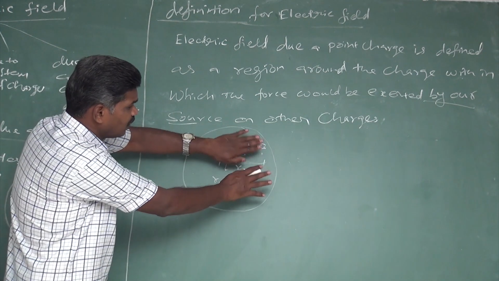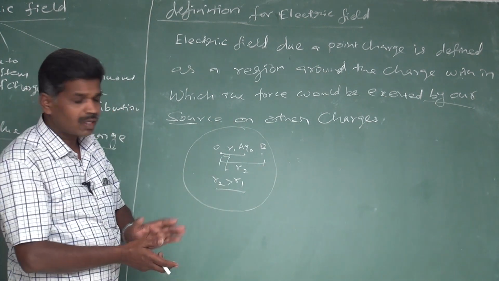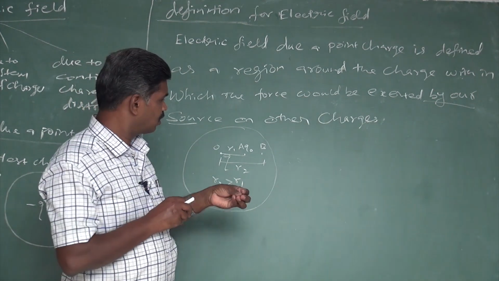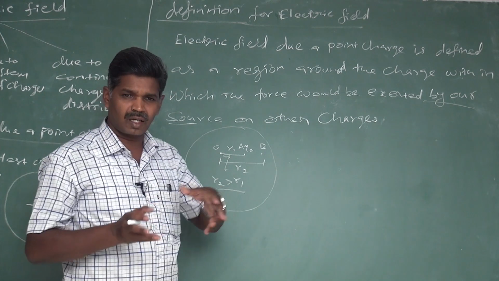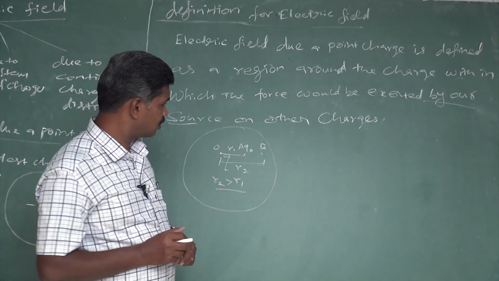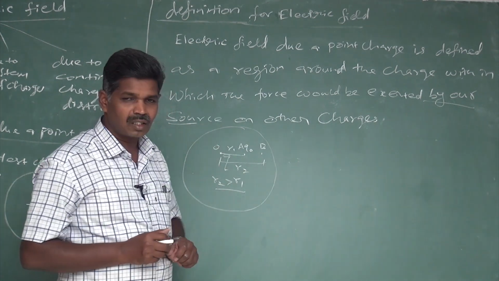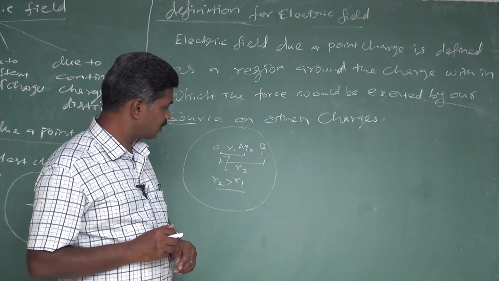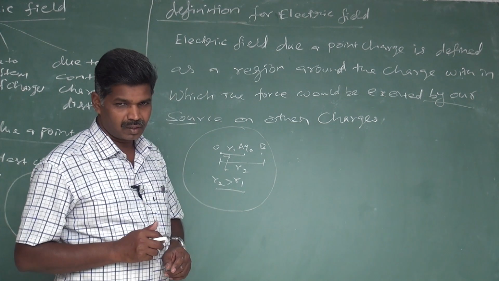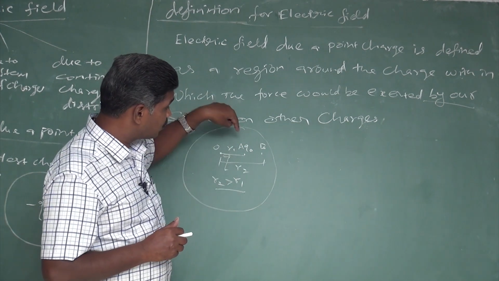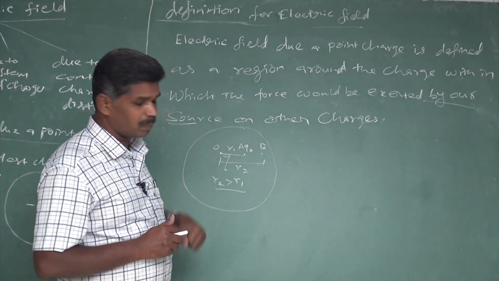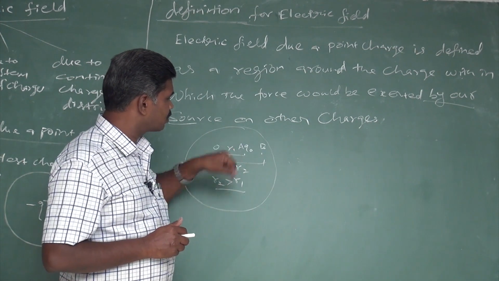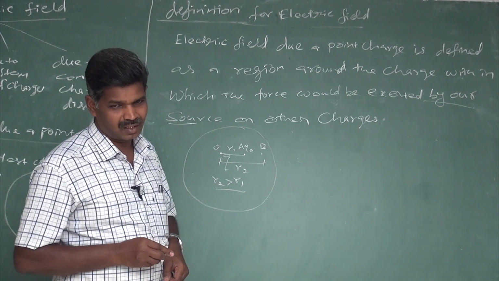Suppose we have a field around the region. Even though we have a field in this region, there is a strength difference from one point to another point. For finding that, we are going to take two points, point A and point B. The nearer point is A, the far point is B. Now I am going to place the test charge at the near point and find the field intensity there.